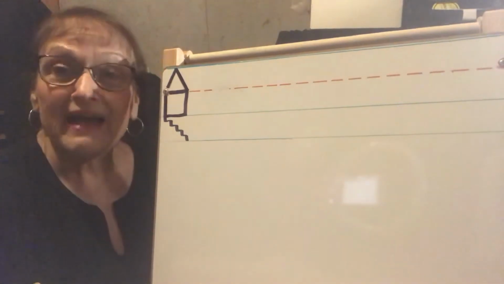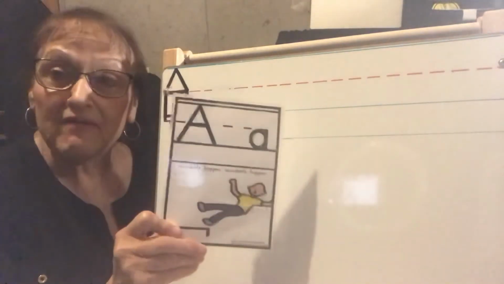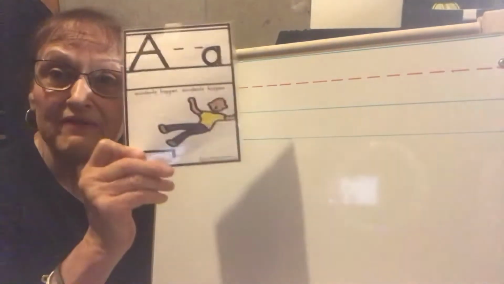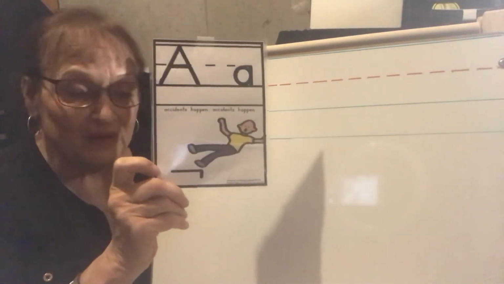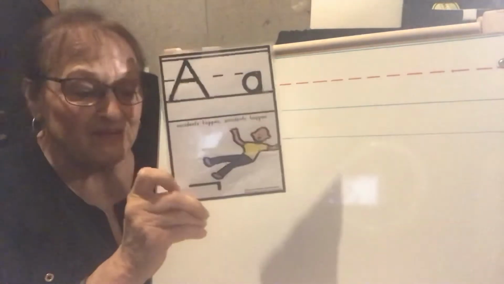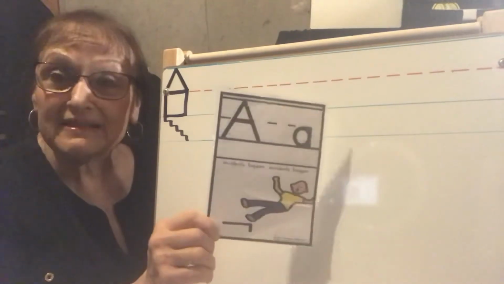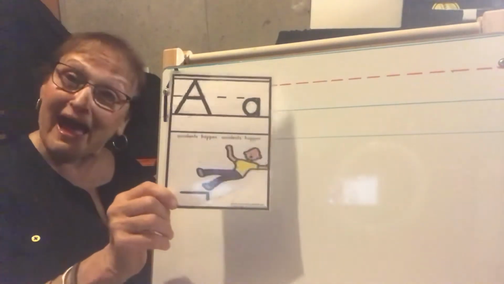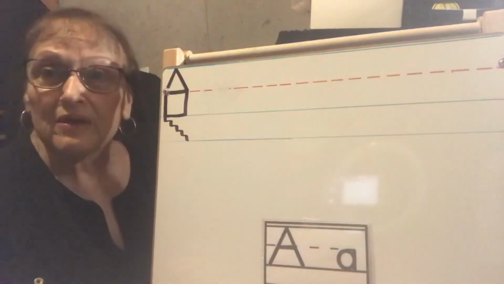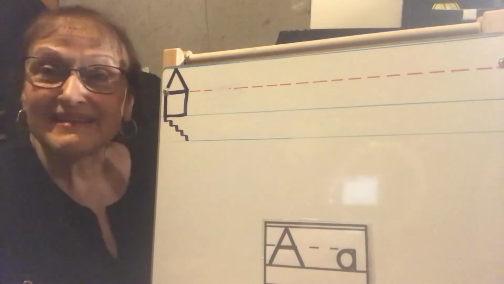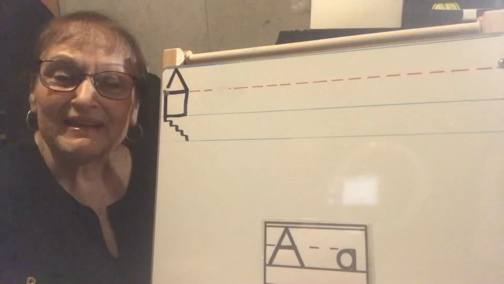Now for that special sound, the ah sound, and for every letter in the alphabet we have these cards. These are called sounds the letters make, and this one we all laugh at every day because we say it like this: accidents happen, accidents happen, ah, ah, ah. So when the boys and girls say to you, A says ah, ah, ah,